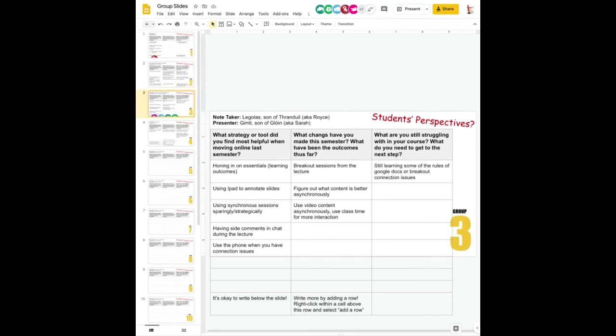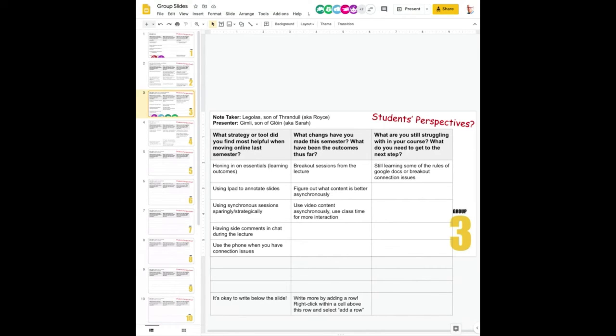And Royce is teaching now, and has been doing some great learning about giving lectures in synchronous sessions. You can see one of the things he talked about is using breakout sessions, giving students breaks from the lecture, changing things up, using the chat panel as a way for students to ask questions and engage during the lecture. He's figured out how to use his iPad to annotate slides, which sounds really great, and maybe someday I'll learn such things as well in my role as, among other things,